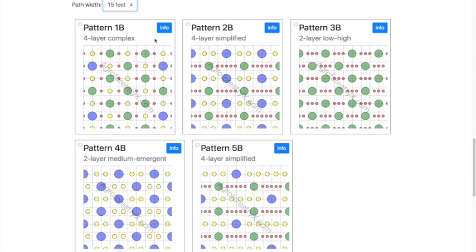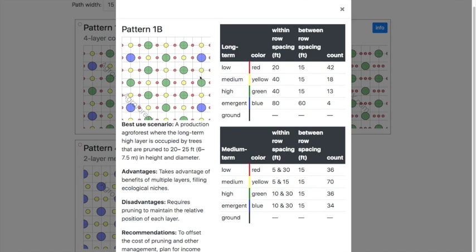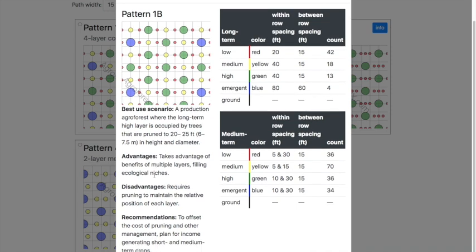Now when you're trying to determine which pattern to use, you can go ahead and click on the info button for the one you're curious about, and a pop-up window will display more details, including these 2 charts broken down for the long-term and the medium-term species, which tells you by strata the spacing within row and the spacing between rows and the total number of individuals for each stratum, as well as a little description.